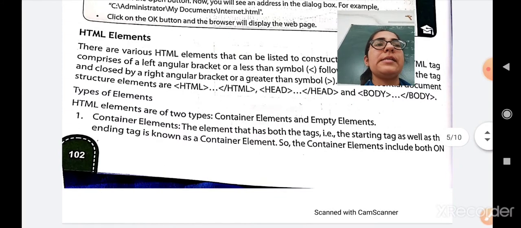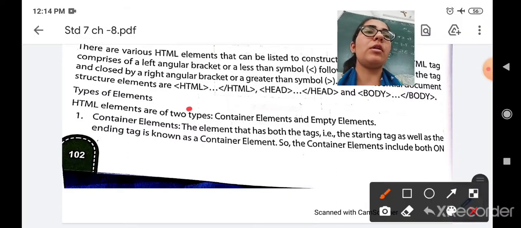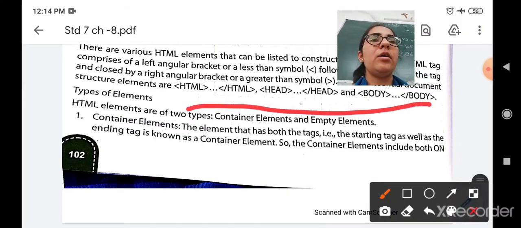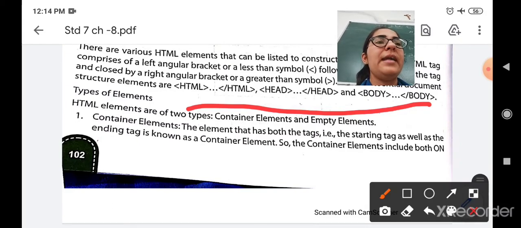So first let us see about the container element. The element that has both the tags, the starting tag as well as the ending tag, is called the container element. So here we have already seen the HTML tag, head tag and body tag. All the tags have the closing tag or the ending tag.